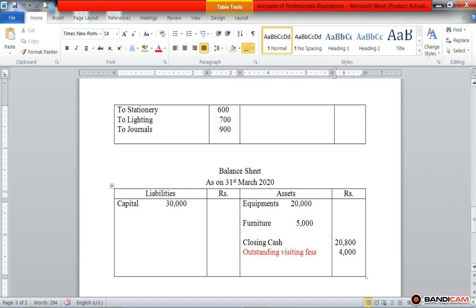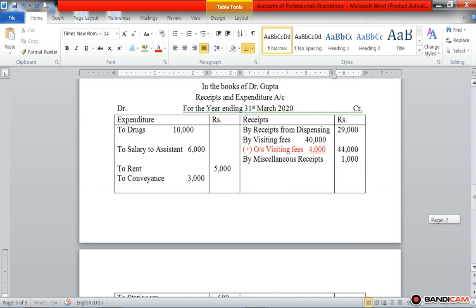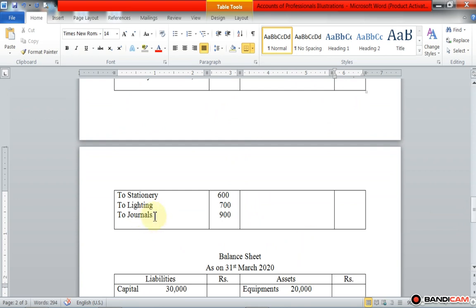Got it? Then the next effect, that is the third effect, on the expenditure side, make a provision or reserve for outstanding fees, amounted rupees 4,000,